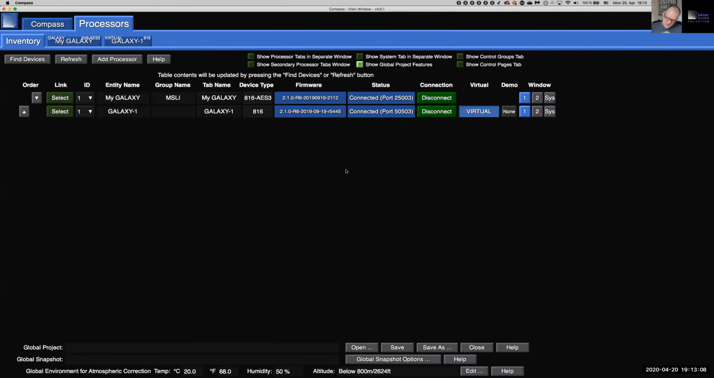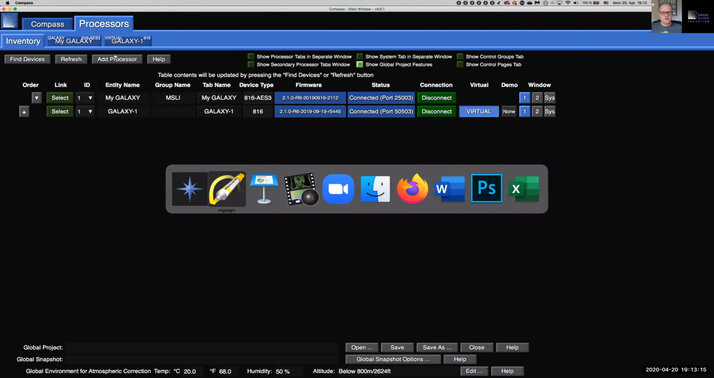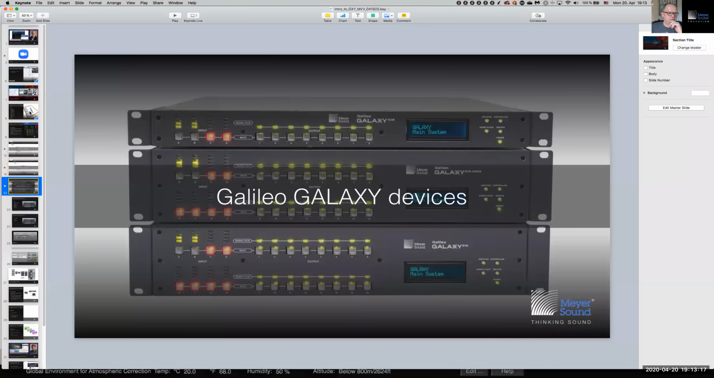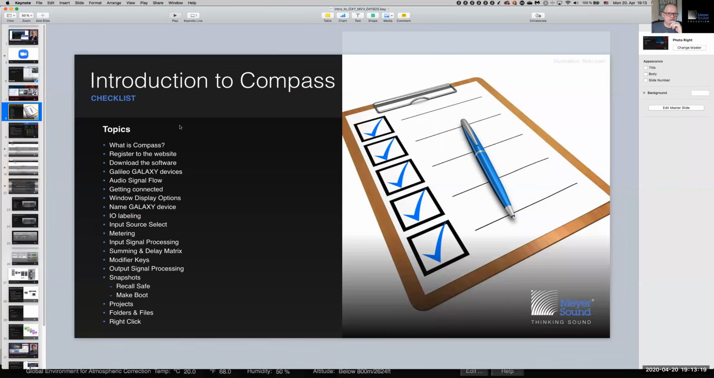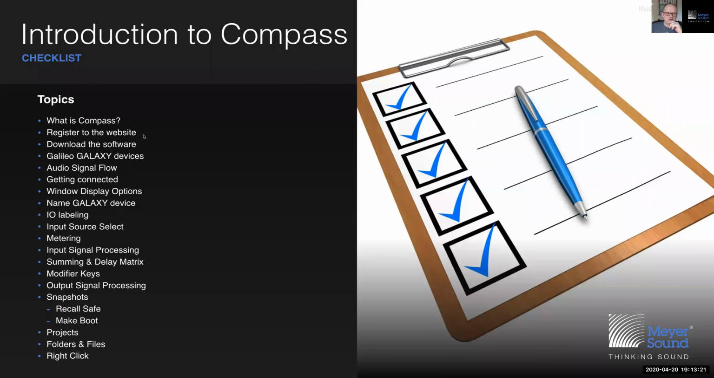Okay, I've pretty much covered everything on the list during this introduction. So let's go to that list and make sure that we've discussed all topics. What is Compass? Sure. Register the website? Sure. Download software? Sure. Galaxy devices, audio signal flow, getting connected, window display options, name a Galaxy device, I/O labeling, select your input sources, metering, input signal processing, summing in delay matrix, output signal processing, snapshots, how to recall them